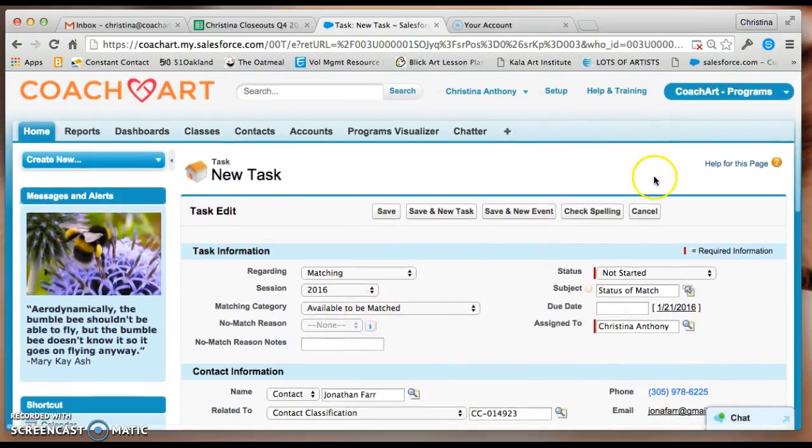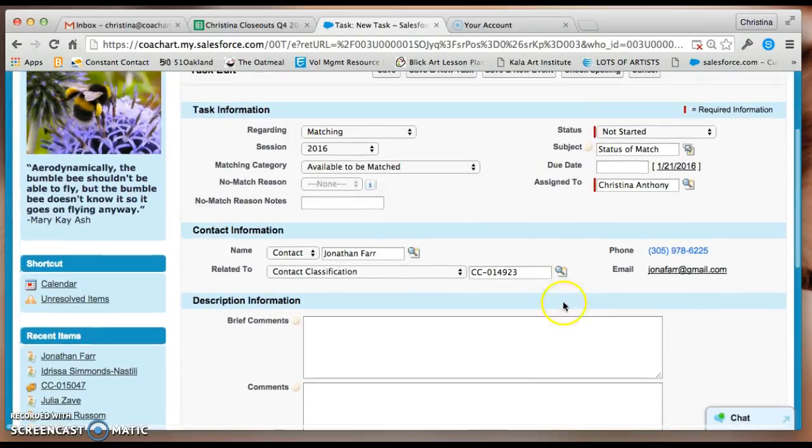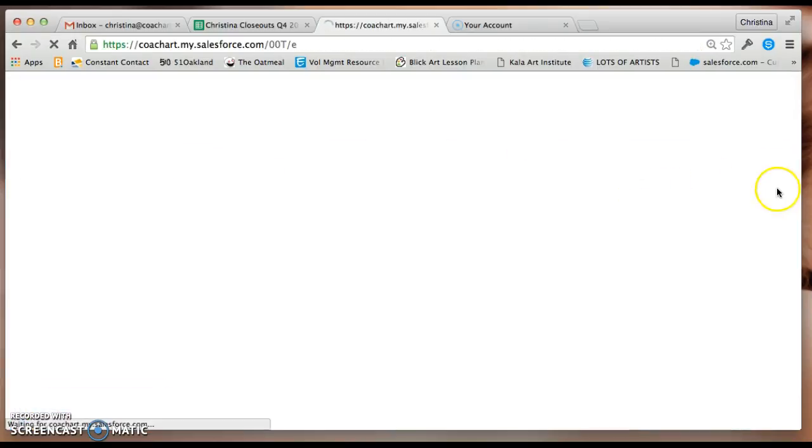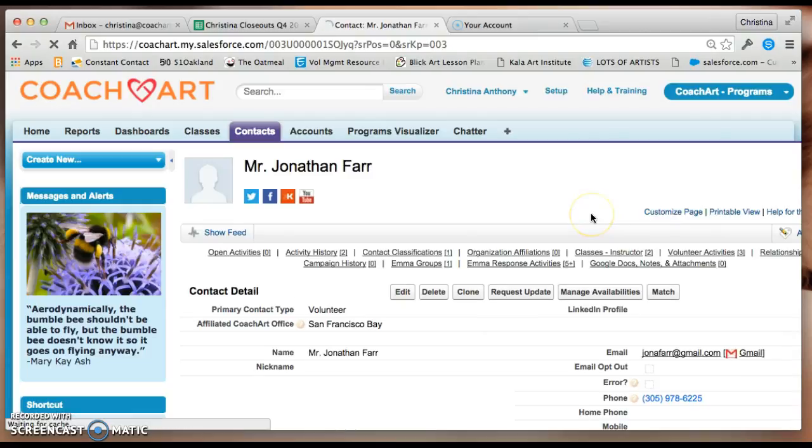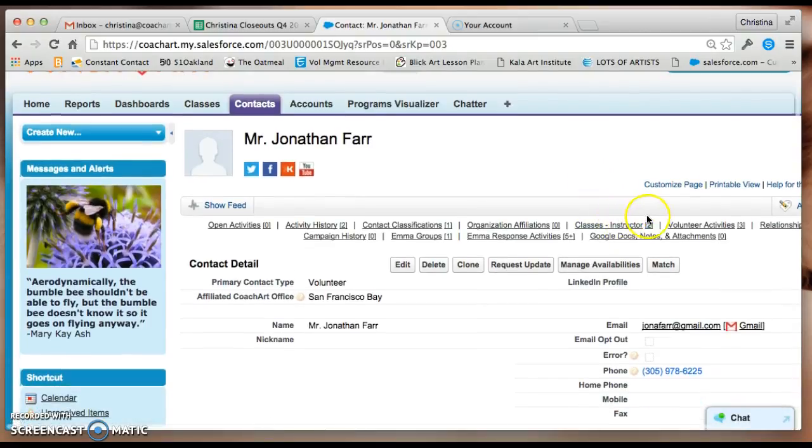So yeah, that's pretty much it. You can write any notes that you hear back from the volunteer here. And then if you're also debating whether you want to inactivate a volunteer, you can look